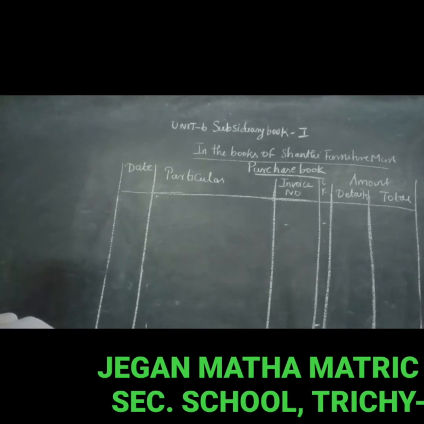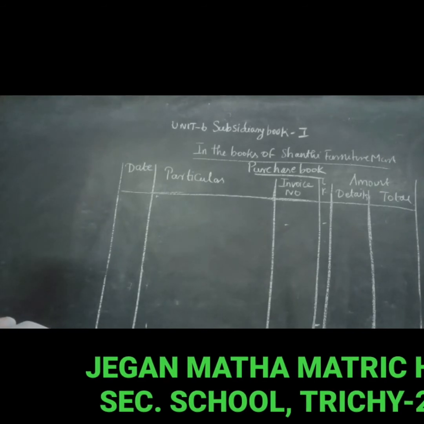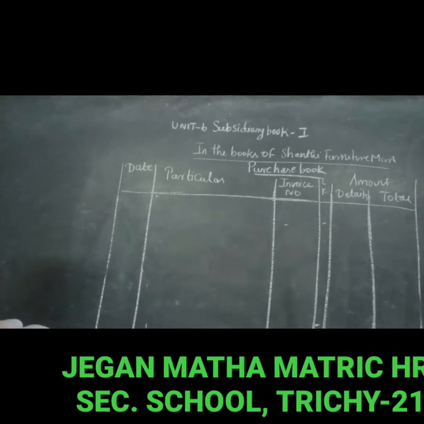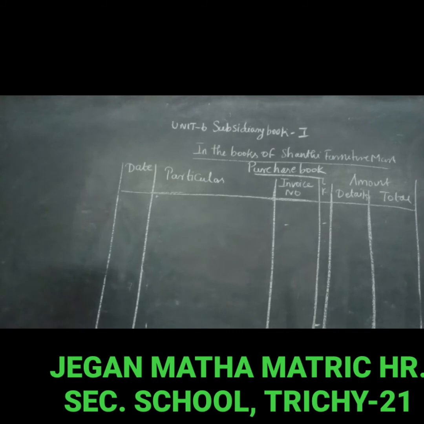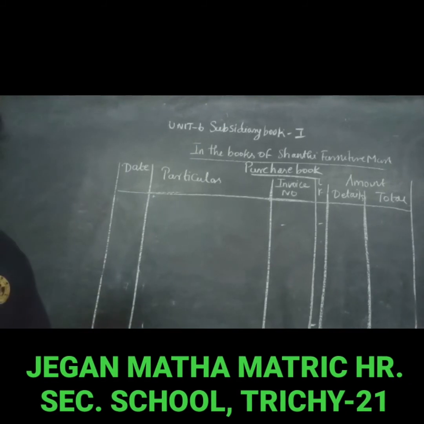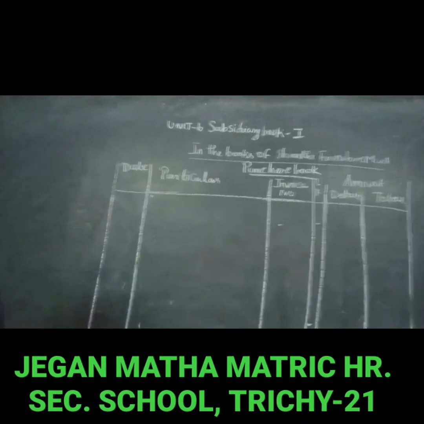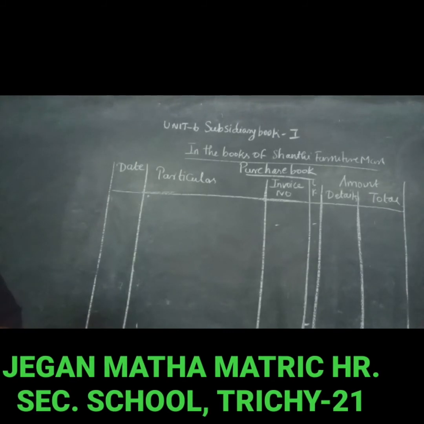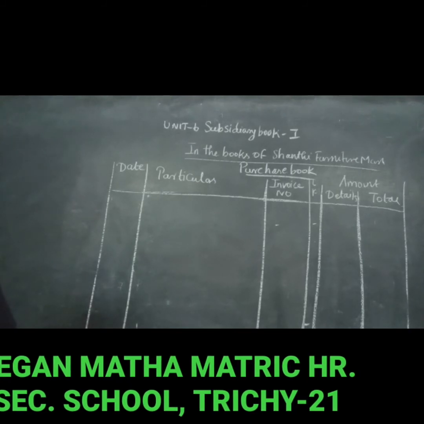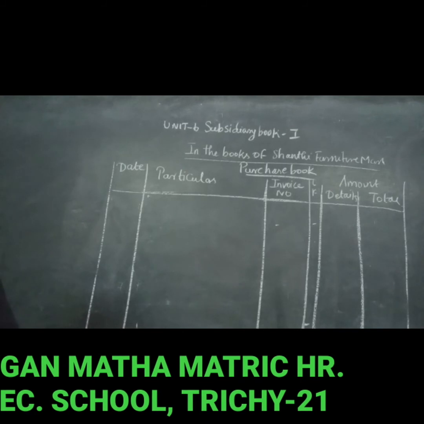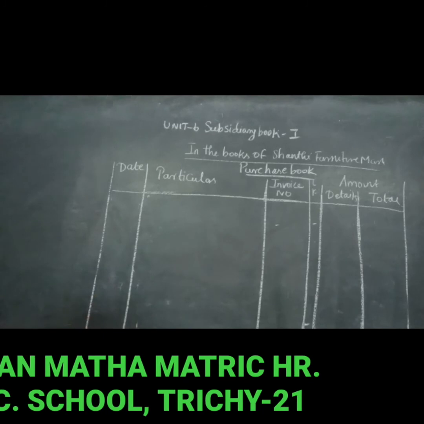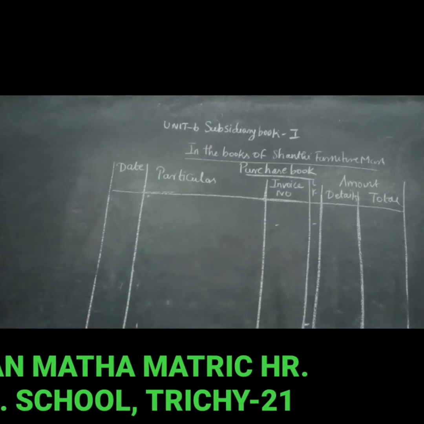March 20. Purchase of 2 computers for office use from Anand Company, Adyar, on credit, rupees 15,550. The purchase of computers on 20th March 2017 and the typewriter purchased on March 25 will not be recorded in the purchase book because they are assets for the firm. We are dealing in furniture, and these are for office use. So they should not appear in the purchase book. Then come to the next one, March 21.